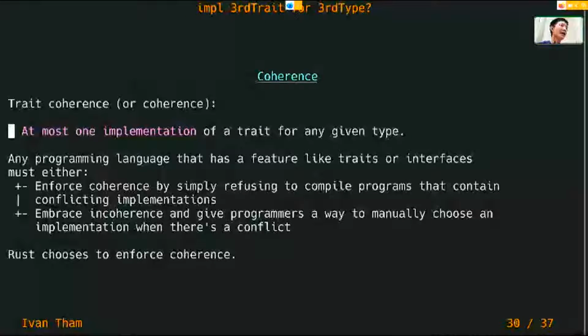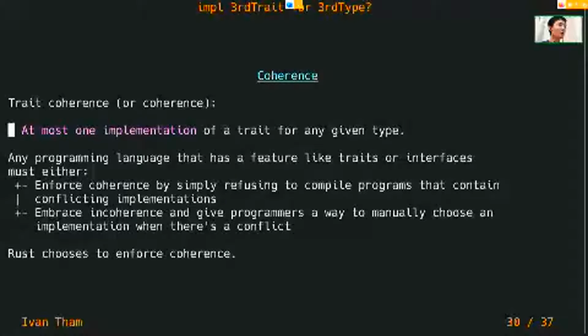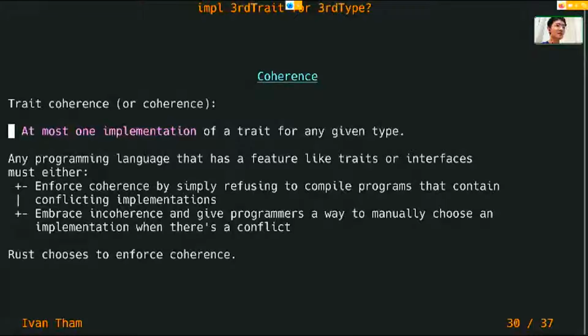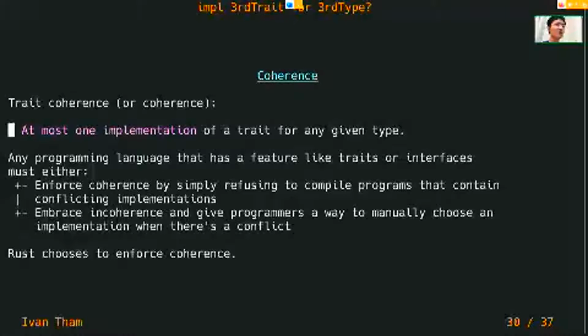And another way is to embrace incoherence, where you specify which implementation, which trait, to use for that. Although Rust has the ability to specify which trait, the disambiguation of the original function to use. But in this case, Rust chooses to enforce coherence, which makes a lot of things easier, especially when it involves